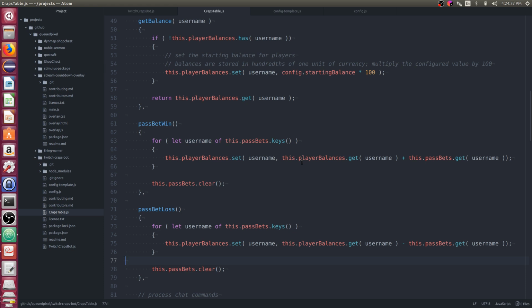Oh, this has a real smell to it here. A code smell. Because these functions are like 99.9% identical. The only difference between them is one has a minus sign, the other has a plus sign.